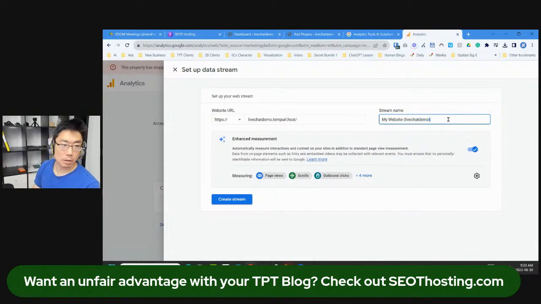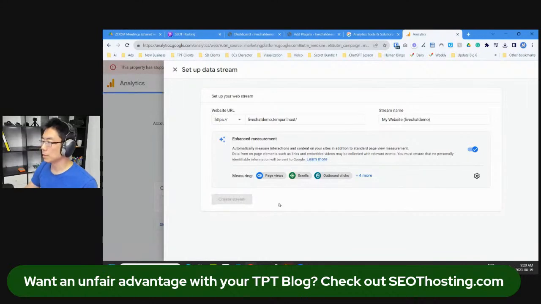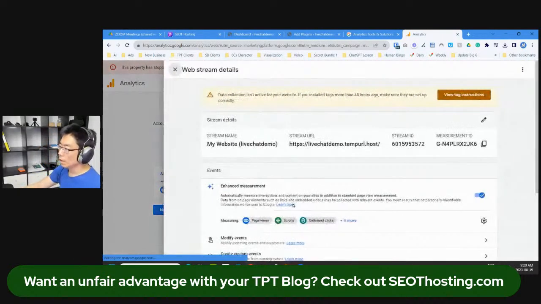Live chat demo. Okie dokie. So there's the demo. I'm going to leave the enhanced measurements on. I'm going to create this data stream. Okay, so the